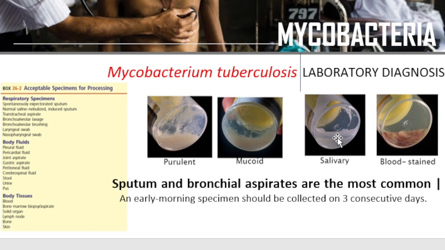Though there are very rare times when a salivary specimen still tends to be positive for Mycobacterium tuberculosis, however again, there is a very small chance of acquiring that kind of good result. So again, we need a good quality specimen in the laboratory for us to determine or detect the Mycobacterium